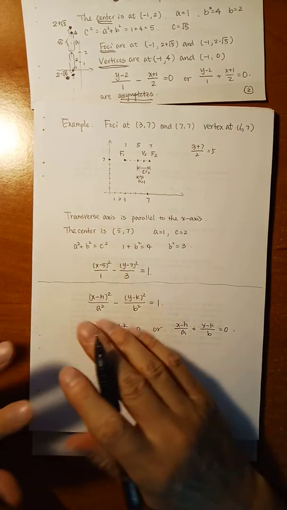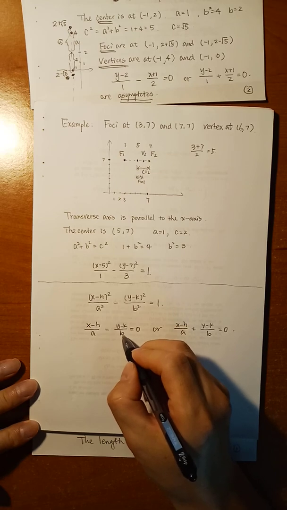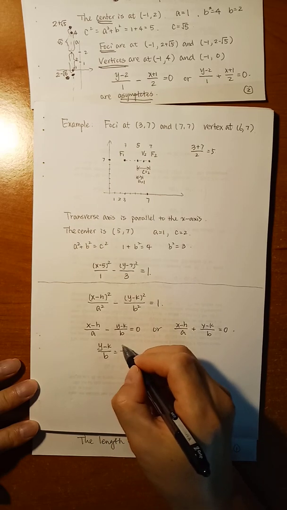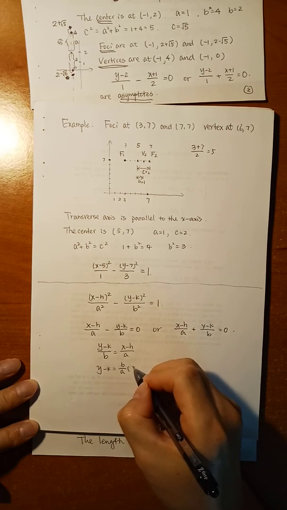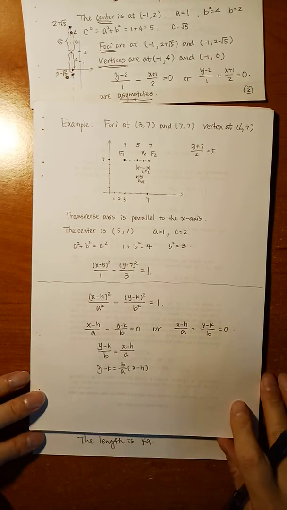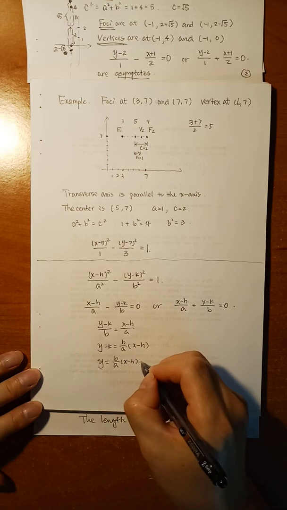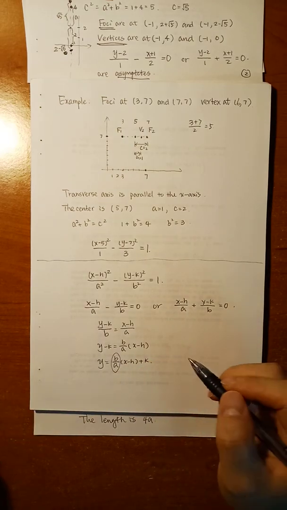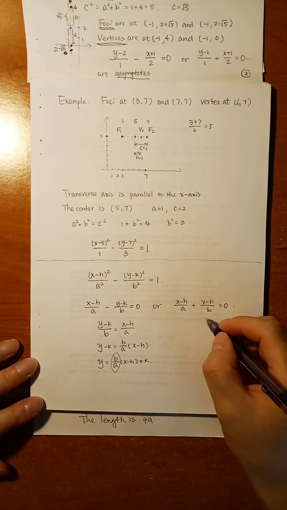If we simplify it, or write it in slope-intercept form, like slope times x plus something, we will see, for example, when we move this to the right side and do a little work, that y is equal to b over a times x minus h, plus k. So this is the coefficient b over a. For the horizontal one, the slope is b over a. If we do this one in a similar way, we will get